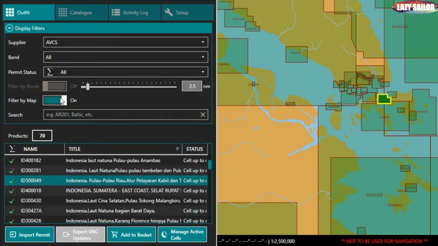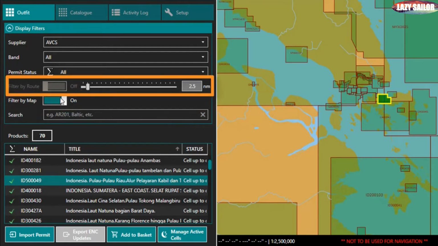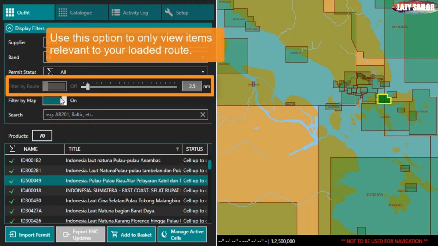Some modules also have a very useful filter by route option. If you have a passage loaded in the routes and passages module, this allows you to limit the items listed and displayed on the map to the ones that are relevant to your loaded route. We'll come back to this feature when we take a look at the Routes and Passages module in the next